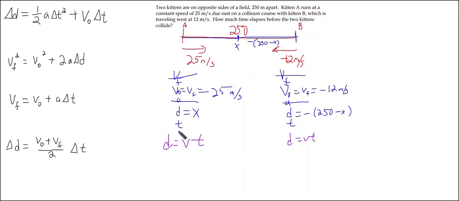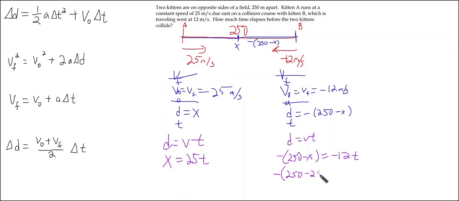Okay, let's go ahead and fill this out then. So distance is x, velocity is 25, and time is just t. And since this is one system, time is the same for both. Let's talk about this one. Negative 250 minus x equals velocity of negative 12 times t. Now I have to do a substitution. I have to plug one equation into the other to cancel out a variable. Since I care about t, I don't care about x, let's plug in 25t into x so x disappears. So I get negative 250